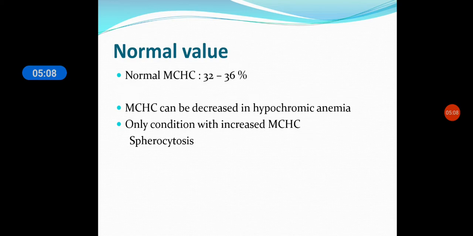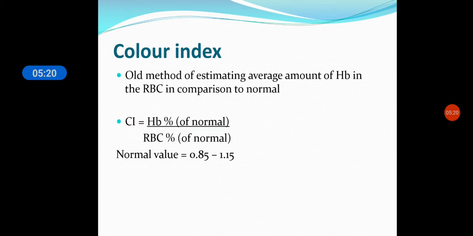That is, spherocytosis are spherical RBCs with increased hemoglobin concentration. Hemoglobin concentration is definitely more. Okay, so that is another thing. Now there is another index also called RDW. What is RDW? It is the red cell distribution width. Okay, this RDW is very important.